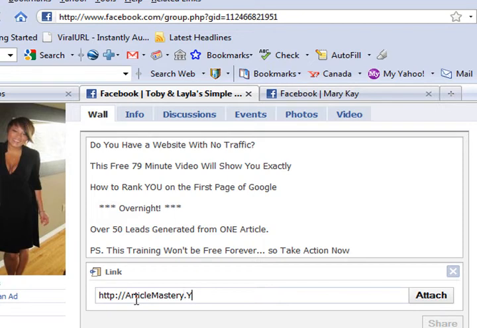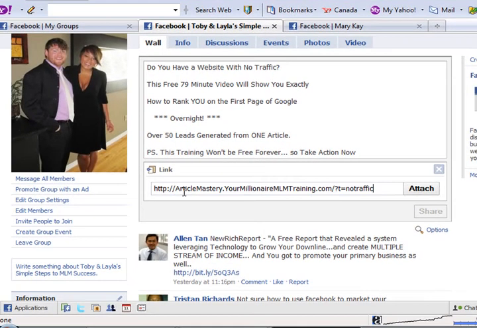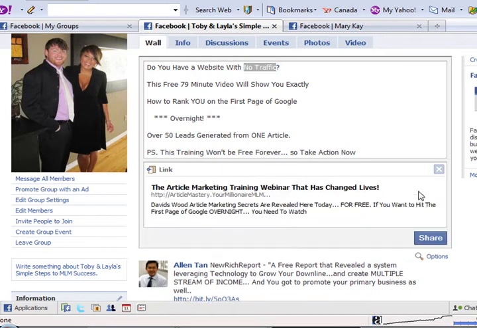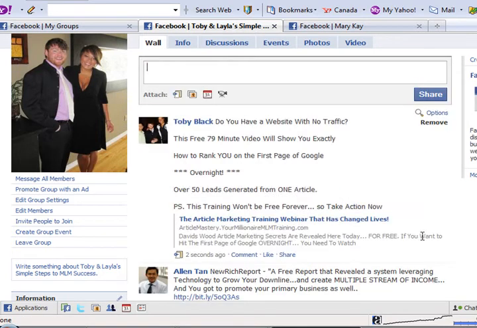Now, we've obviously set up a subdomain and a separate campaign for this article marketing campaign. And then what we're doing at the end here, this is tracking code, so you know where all your traffic's coming from, so you're not just out there posting a bunch of ads and not knowing where the traffic and where the leads are coming from. You want to do that /t= and then whatever code or whatever piece of letters you want to put there so you understand where it's coming from. And then we press attach, and then we'll share. And that took, what, a minute and a half, not even, probably longer, because we were talking through it.